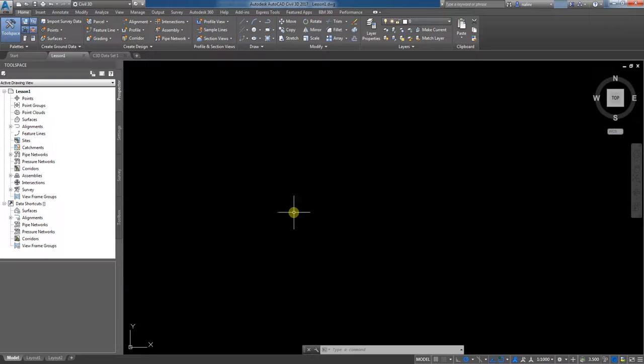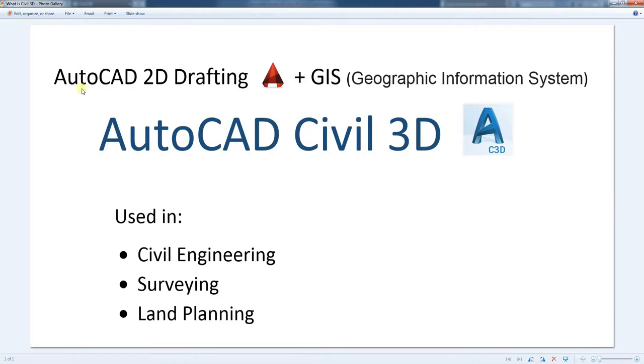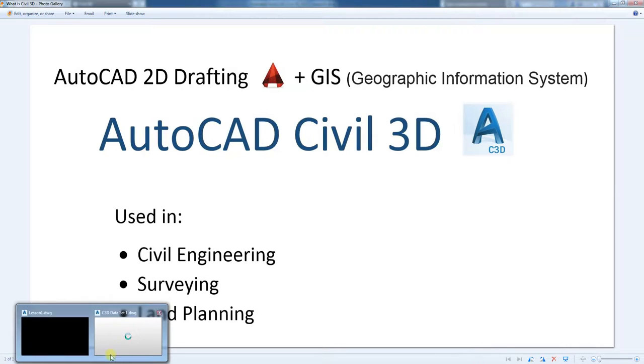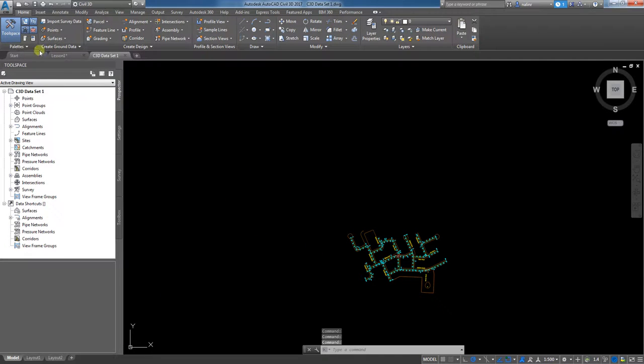All right, so Civil 3D. Very briefly, to give you a bit of an introduction: this is basically AutoCAD 2D drafting plus GIS, Geographic Information System, that makes up AutoCAD Civil 3D, which we are using in civil engineering, surveying, and land planning. Going back to Civil 3D